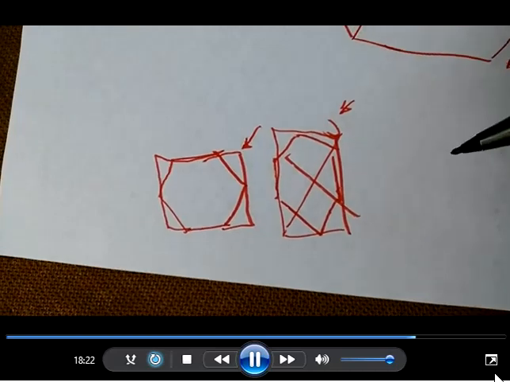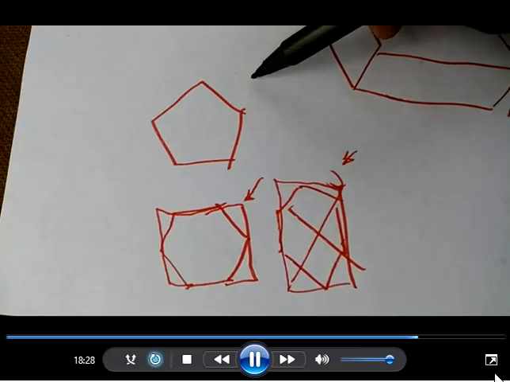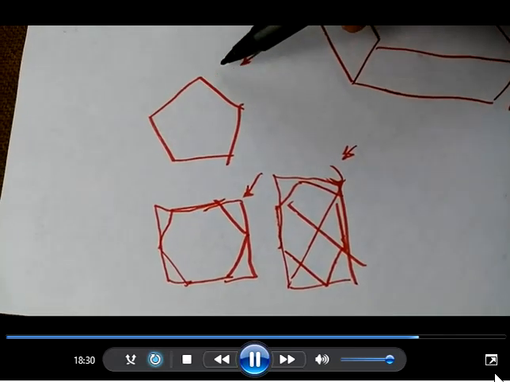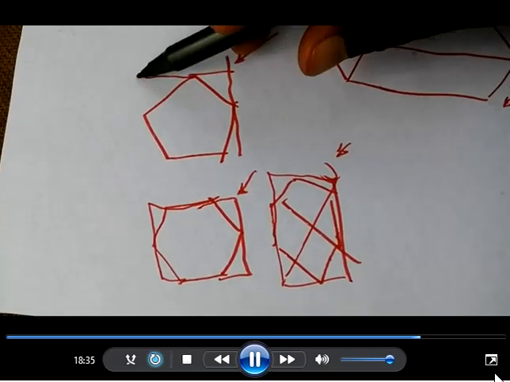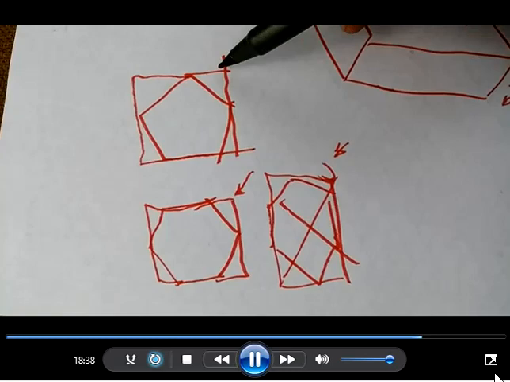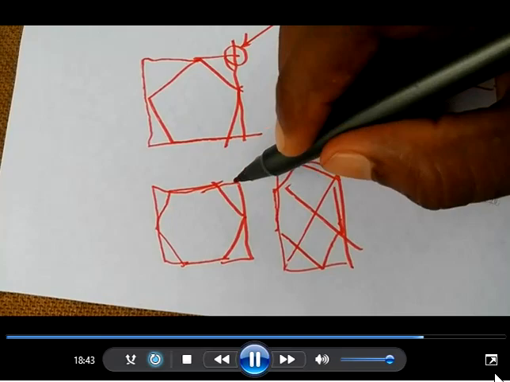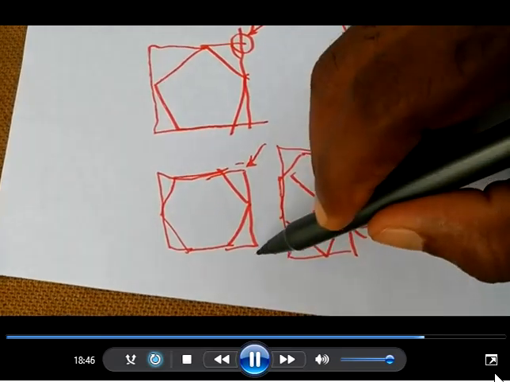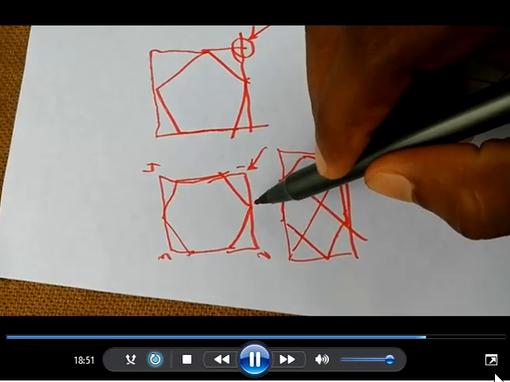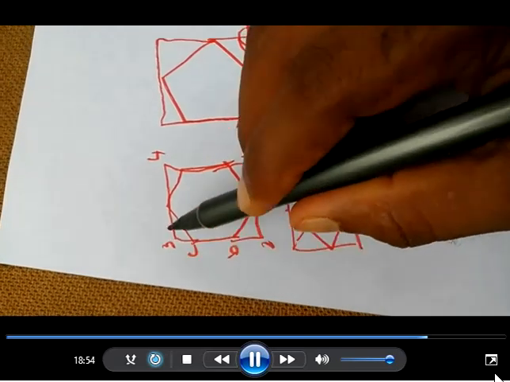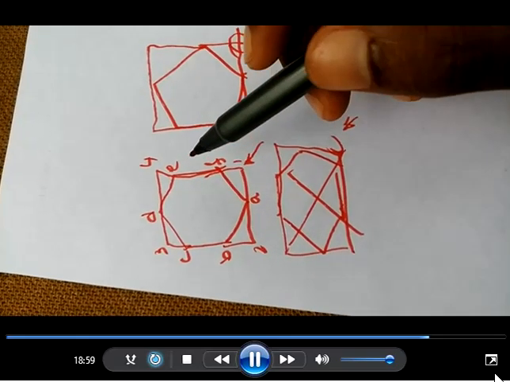We'll consider edge condition. Even for a pentagon, when I observe from here, I don't have any nearby reference point. So even for a pentagon, you have to construct one outer box first, so that I can get one reference point. So now this is the reference point. We'll mark these points as 1, 2, 3, 4, and the points of the hexagon as A, B, C, D, E and F. Measure all the dimensions in this diagram.